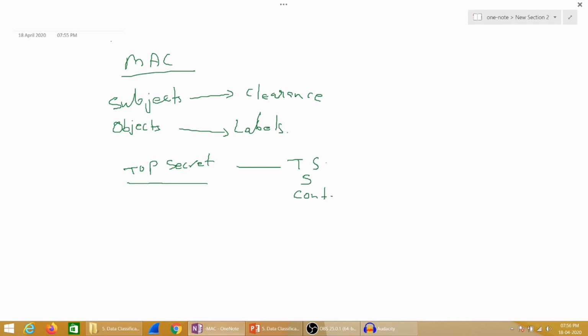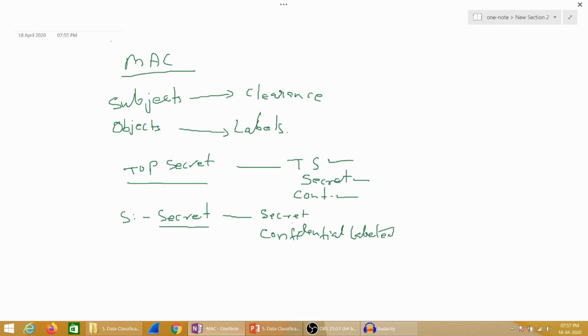If the subject has a secret clearance, then it can access secret labeled data and confidential labeled data. So if the subject has a secret clearance, it can access only secret as well as confidential data. It cannot access the top secret data.